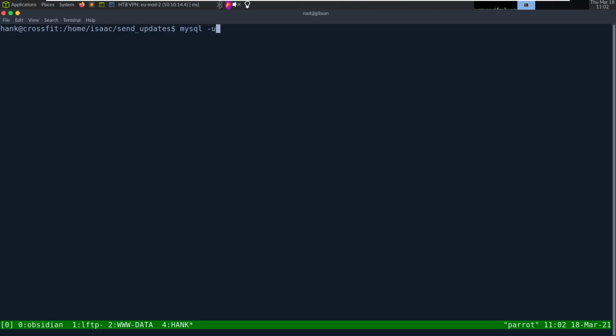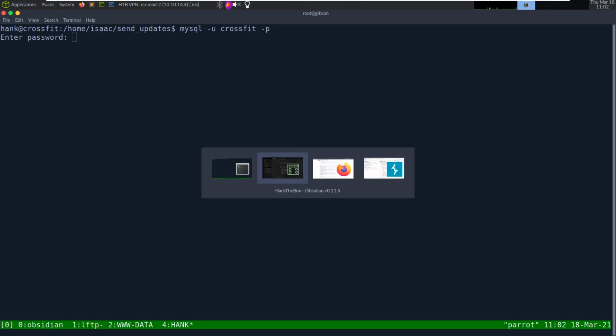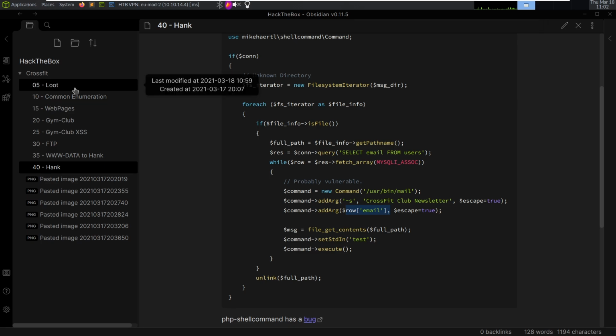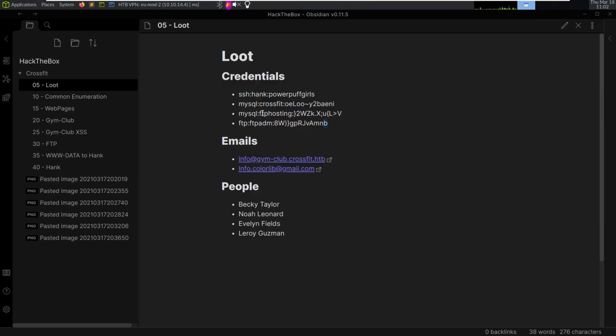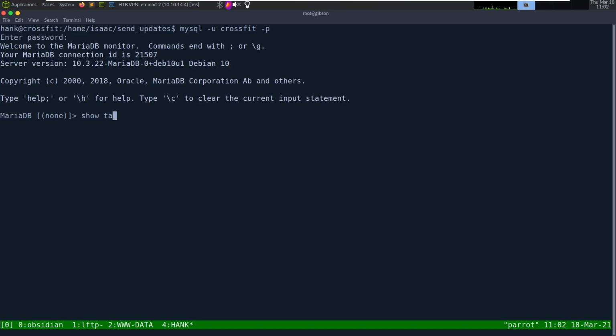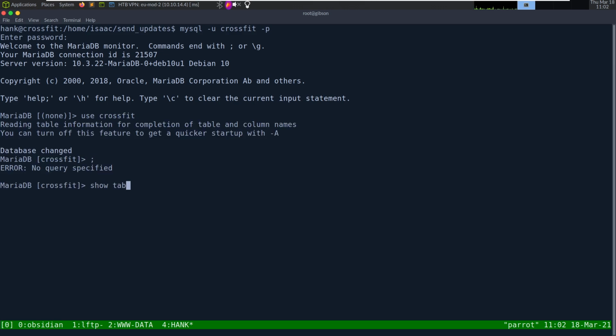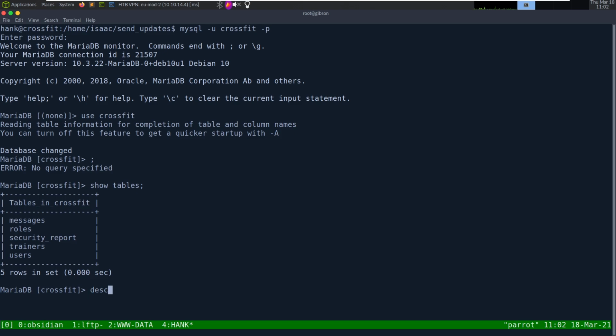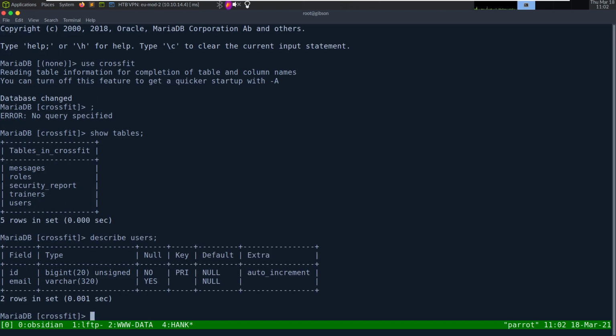So mysql -u crossfit -p, and we want to go to the loot table, and we want the CrossFit user. Paste. Use CrossFit. Show tables. Describe users. So this ID auto increments, and it's a primary key, so we could specify the key, or we don't have to because it auto increments. So I'm going to do insert into, or is it update? No, it's insert into